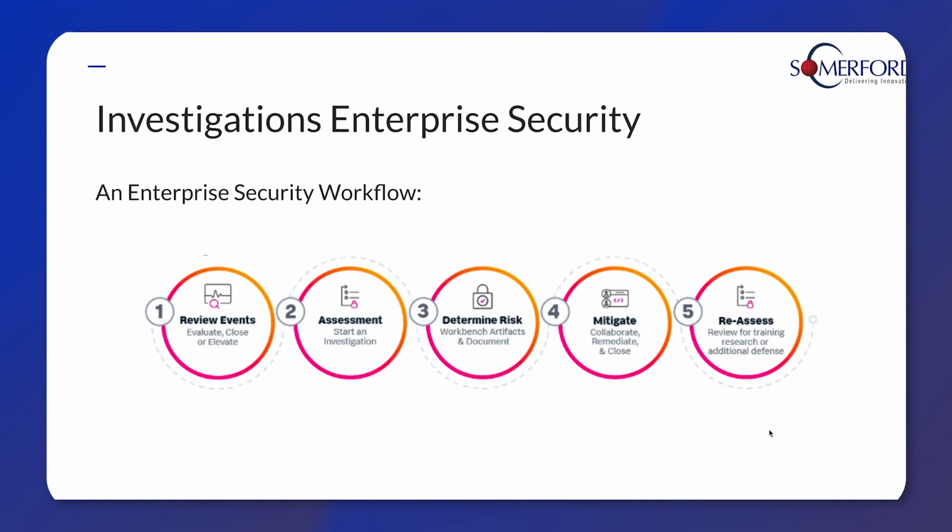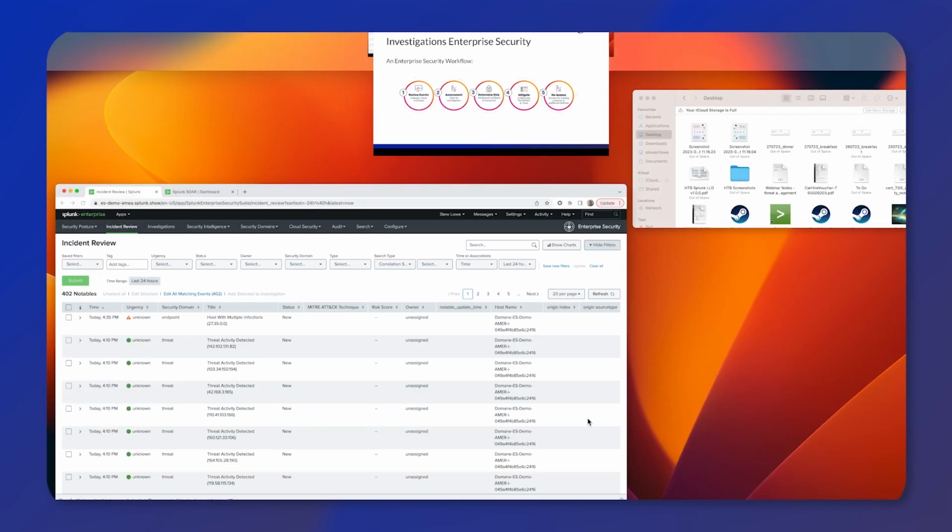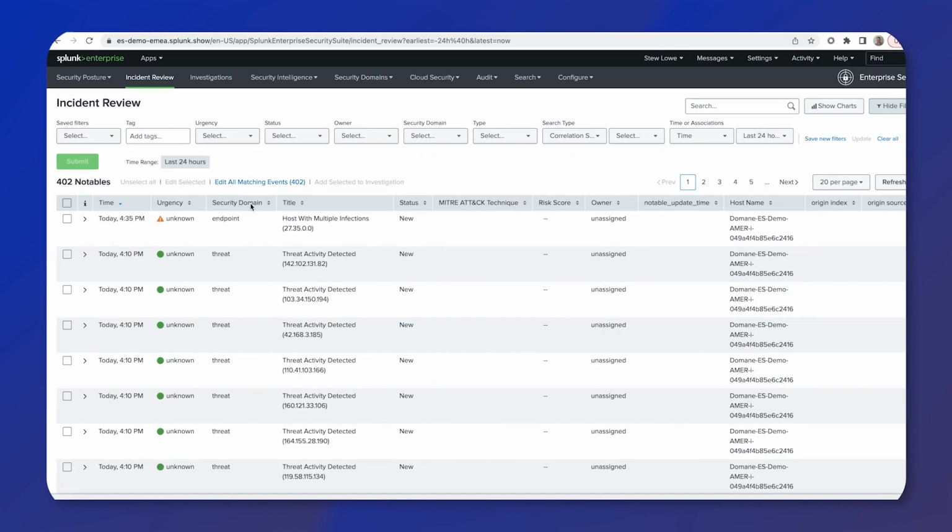And the final part, reassess. As we saw previously, a notable event is written to an index, so it's immutable. It's going to be there. It's going to allow us in the future to return to it, assess what happened, training, research, that kind of thing. So, typical workflow there. Let's go back to our enterprise security